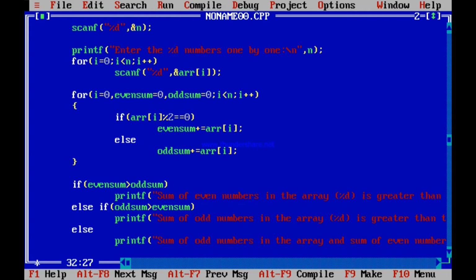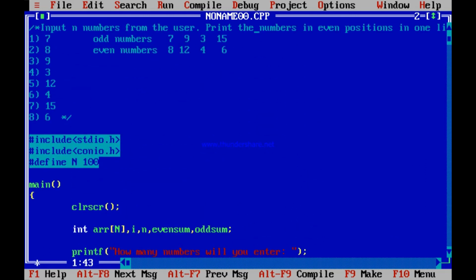Is it not so? Because you are in the same line. How will you know that you need to go to the odd line or the even line? How will you arrange it? For arranging, one thing that has to be done is you need to have 2 more arrays. That is an even array and an odd array, even ARR. I think you understand what I meant to say.